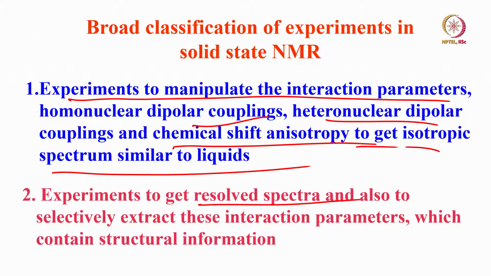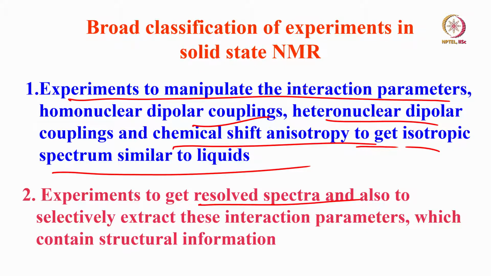But that I can reintroduce these parameters. You understand the interesting phenomenon. The lines are broad, I remove it and get the resolved spectrum. But then selectively I can bring back these parameters so that I can get it reflected in the spectrum and I get the information. So the spectrum will still retain high resolution character plus information from one of the parameters I am interested in can be obtained.